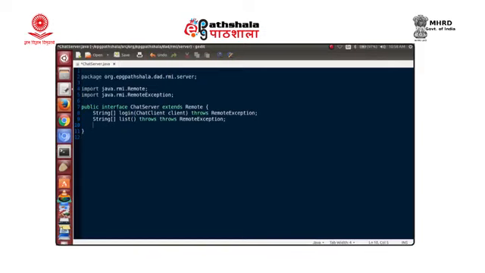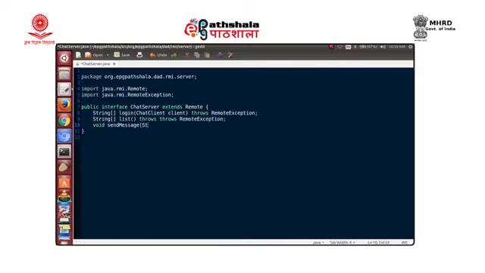And then we will have a method by which any client, whenever it wants to send a message to another client, will be invoking the method called send message. This method has a return type void. The method name is send message with parameters.